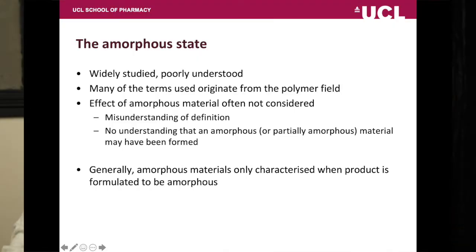Well, the answer is it's very difficult to define. As scientists, we like to define things. That's the point of the unit cell. We can define where the molecules are and then we know where everything is and we're happy. The amorphous state is, on the other hand, a random state, and as a consequence it is very difficult to define. There is another issue with the amorphous state, and that is that we're considering amorphous pharmaceuticals.